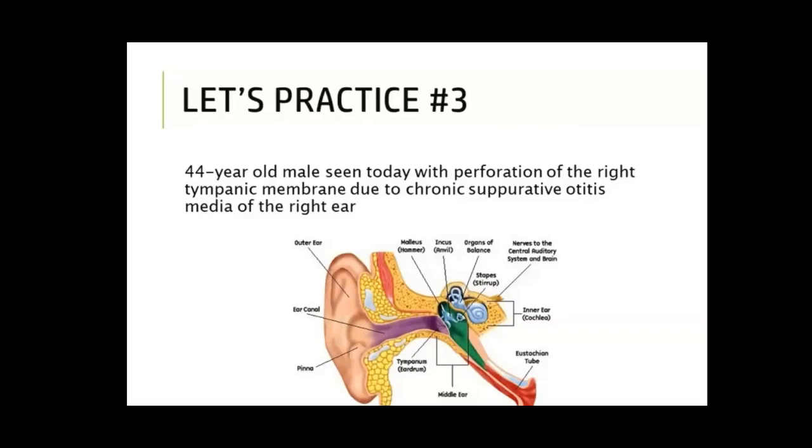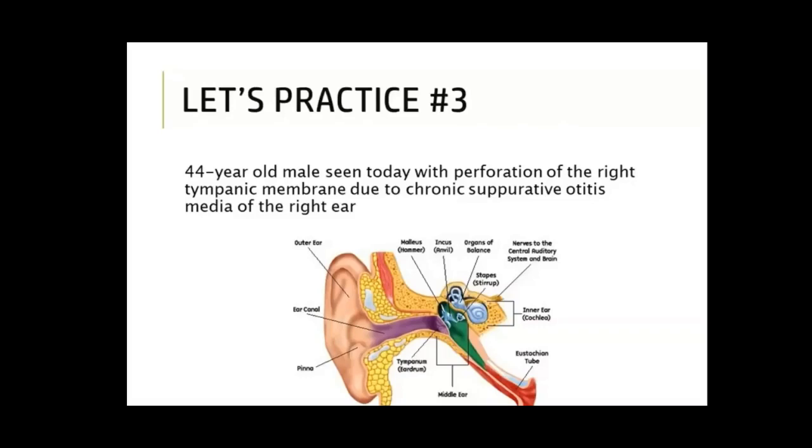And then we also want to code the perforation of the right tympanic membrane. So now in your index, we're going to go to P, to perforation. And then what was perforated? Well, it was the tympanic membrane. So once we get to perforation, we're going to go to T, tympanic. So page 250, it's in the middle column, and